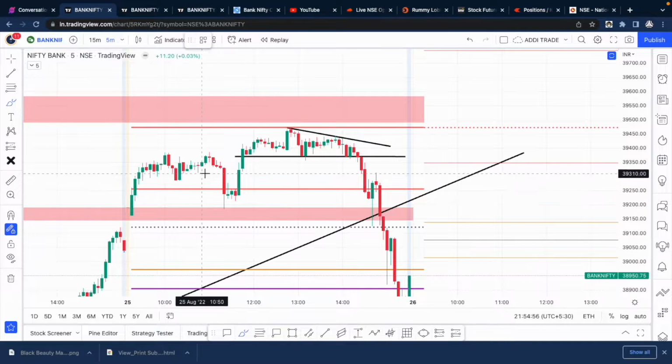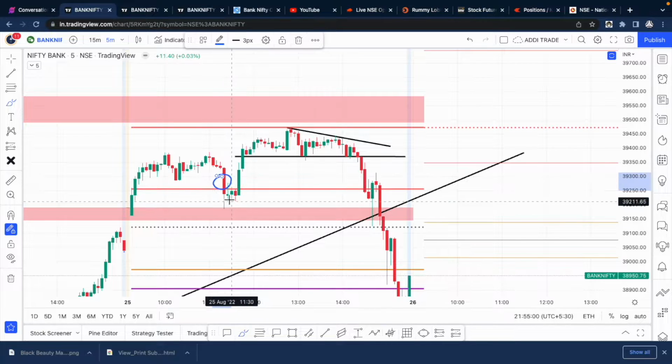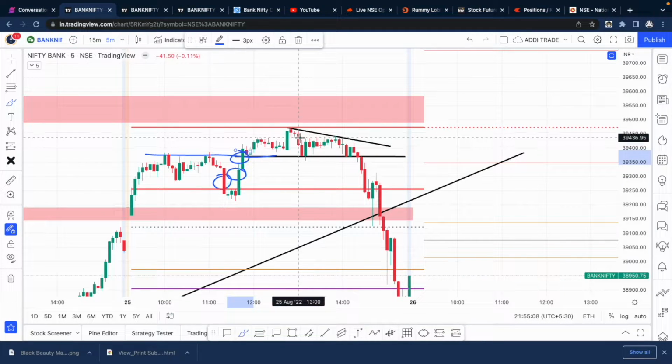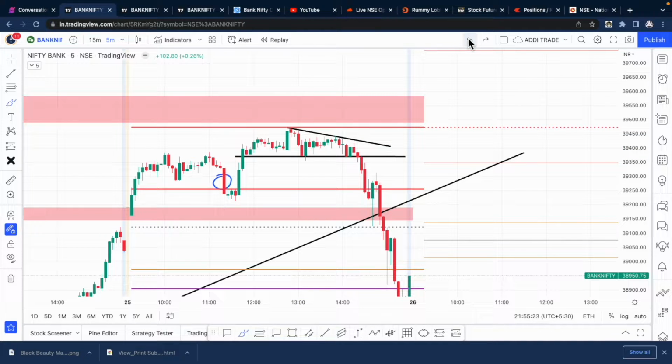All this time it was a bit of overtrading. We took a short here, we made money, immediately exited. We took a long here, after this breakout we took a long, immediately we had to cut when there was no follow-up. And this green candle looked like a nice breakout candle, right? Again we took a call here, we had to cut immediately, we had to take a stop loss. So there was a lot of overtrading and we were ready for that.